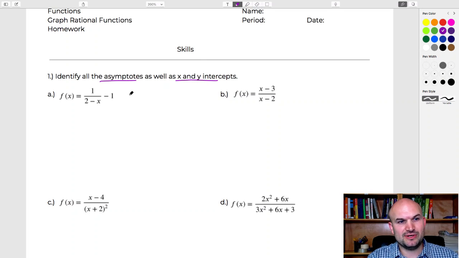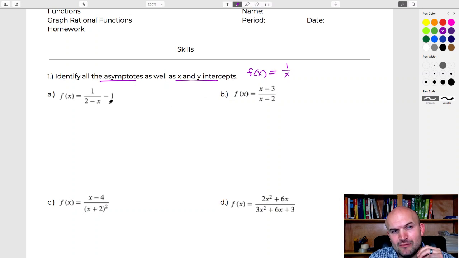All right, so let's get into the first example. You can see this is in the form of the reciprocal function, which, if you remember, the parent graph of the reciprocal function is 1 over x. So therefore, this is going to have some transformations. However, I don't really like this written as 2 minus x. So I'm going to rewrite this as 1 over negative x plus 2 minus